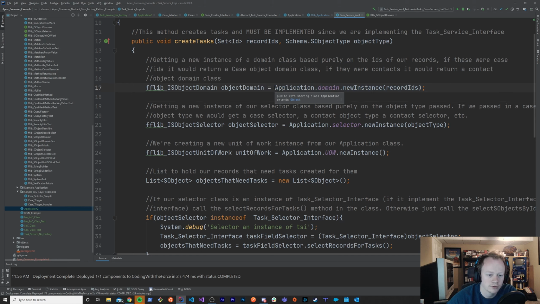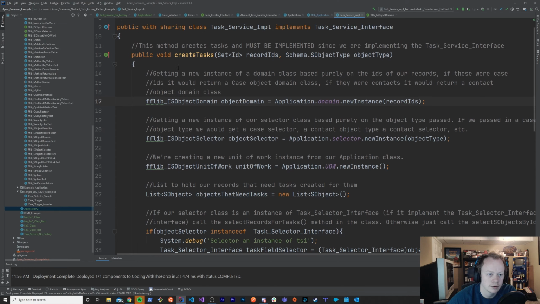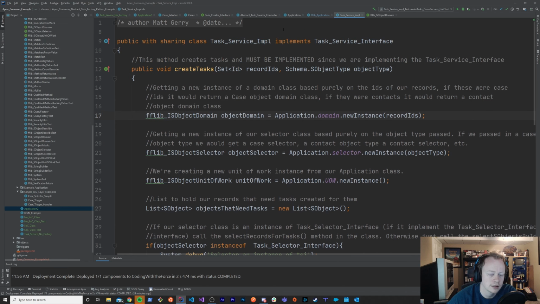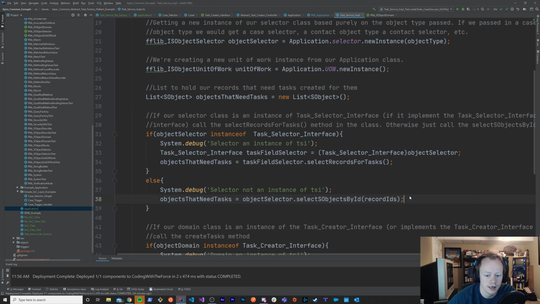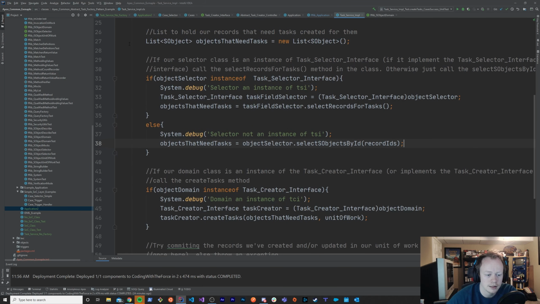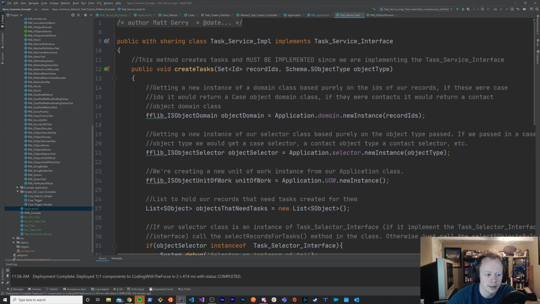And as you can see, there's a lot of benefit to that. Because just like I stated in the last video, if you didn't use the factory pattern in the fflib application factory class to determine what domain classes and selector classes you needed at runtime,